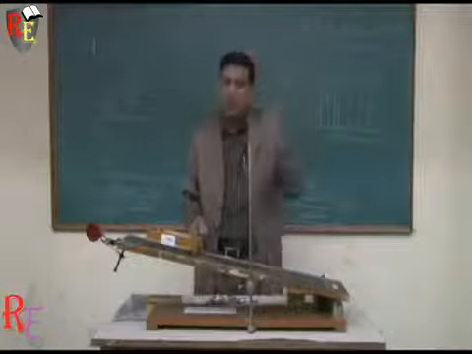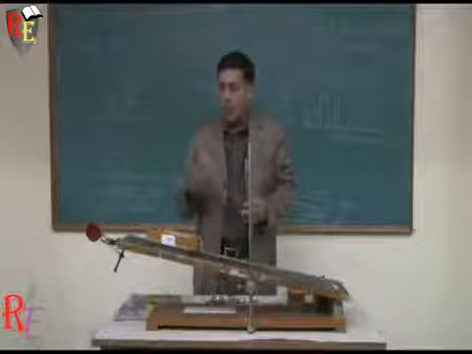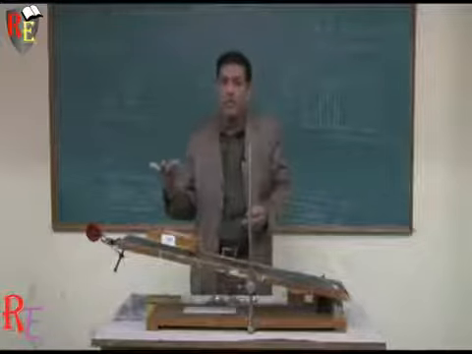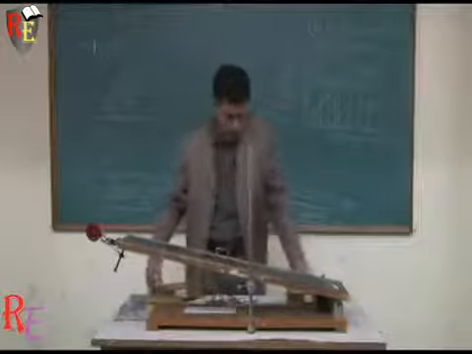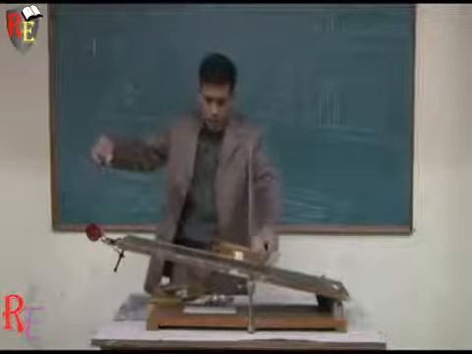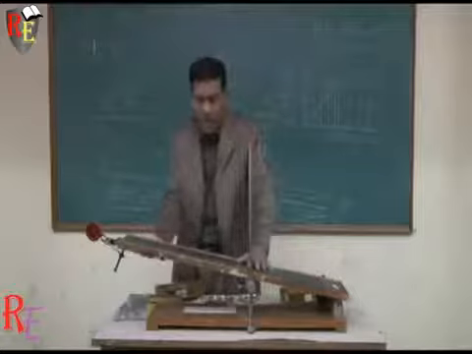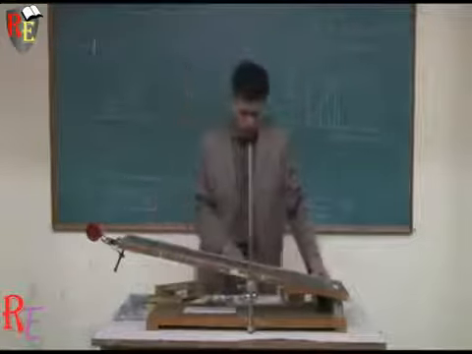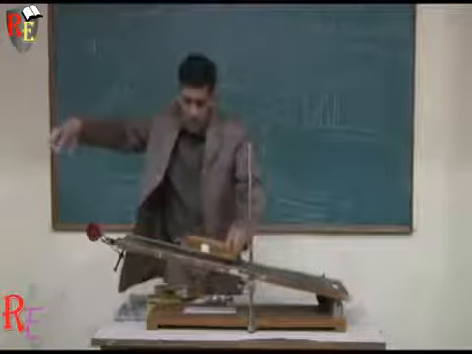The second method to determine the coefficient of static friction is called the loading method. In case of the loading method, what would we do is that we would first of all set this incline at an appropriate angle, at any angle. Then we would place this trolley